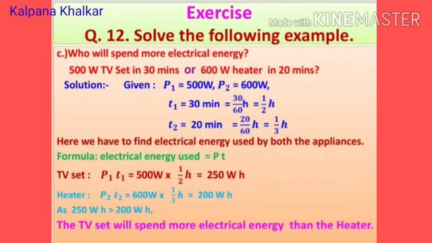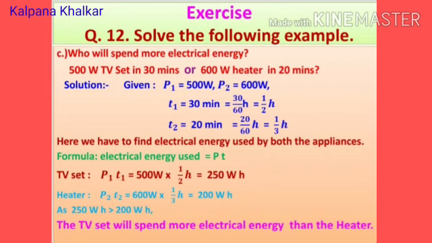C. Who will spend more electrical energy: a 500 watt TV set in 30 minutes or a 600 watt heater in 20 minutes? Solution. Given P1 is equal to 500 watt, P2 is equal to 600 watt, T1 is equal to 30 minutes, which is equal to 30 upon 60 hour, is equal to 1 by 2 hour. T2 is equal to 20 minutes is equal to 20 upon 60 hour, which is equal to 1 by 3